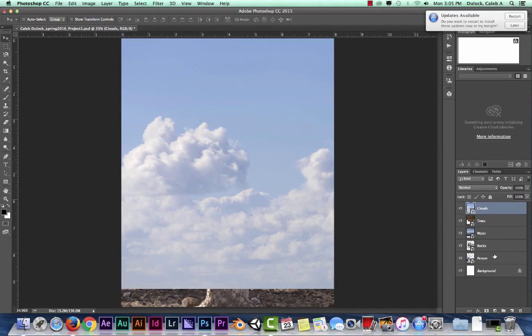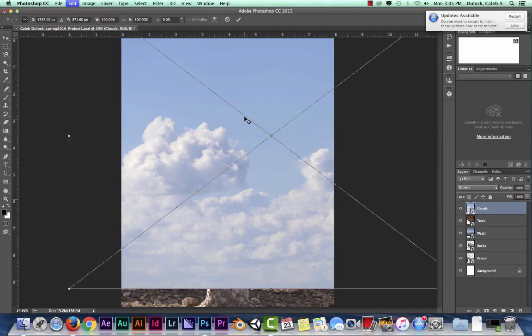So instead of that, we want to make sure that it's protected with our smart object, and we're also going to go ahead and scale at this point. So let's go ahead and scale. So to start scaling, you're going to use Command T based on the layer you're working on. So I'm going to hit Command T. There we go. And after it activates the selection, you should notice that your whole layer is now selected by